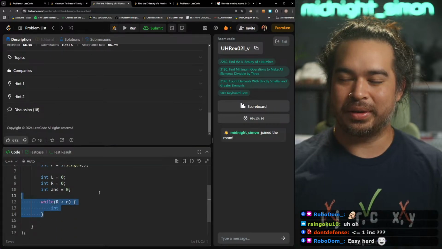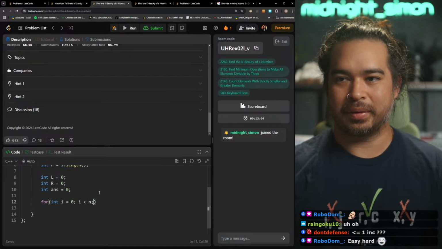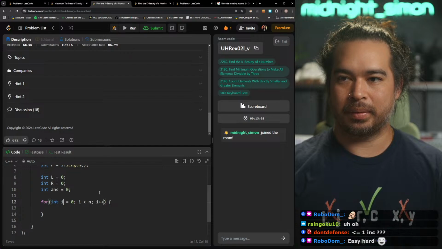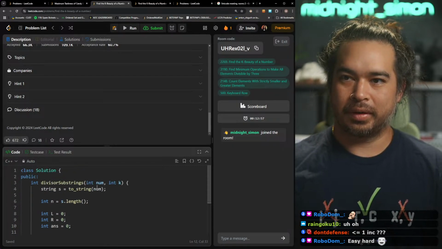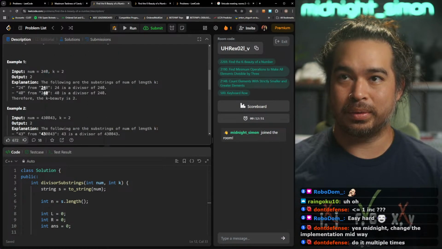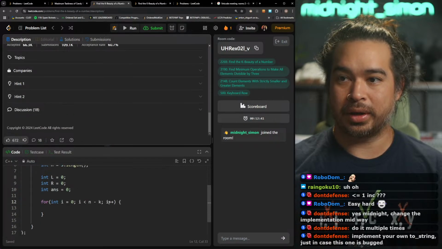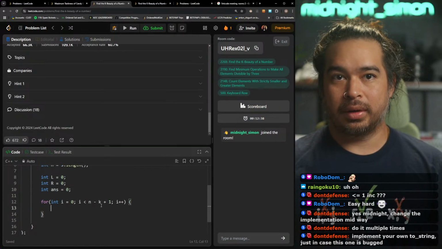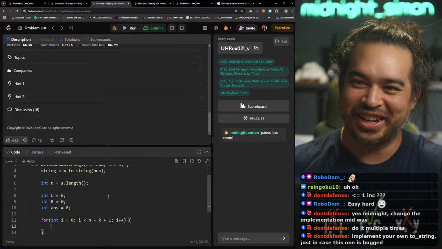I don't need to do this, man. I can just brute force, right? So number is, k equals 2, plus 1. Okay. My own 2 string? Yeah, right.